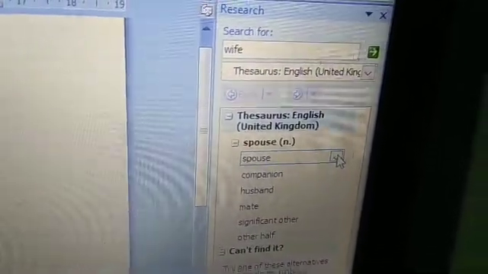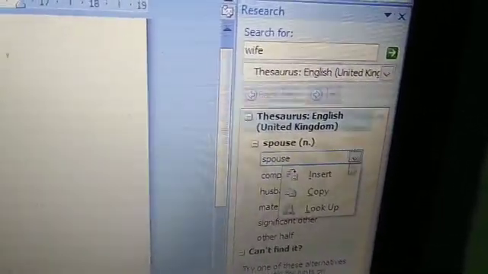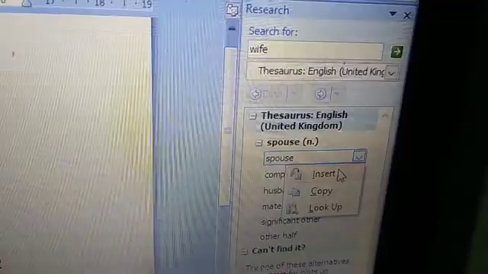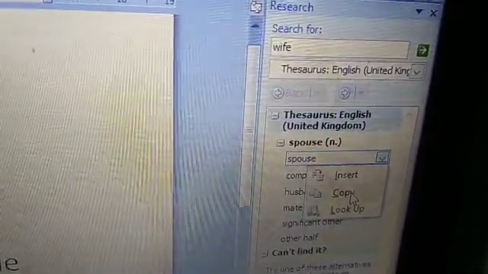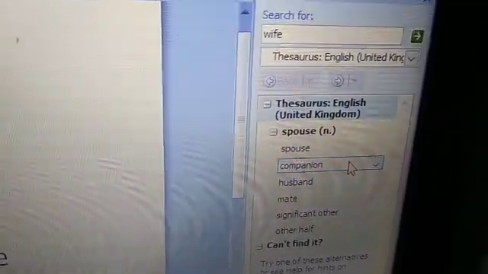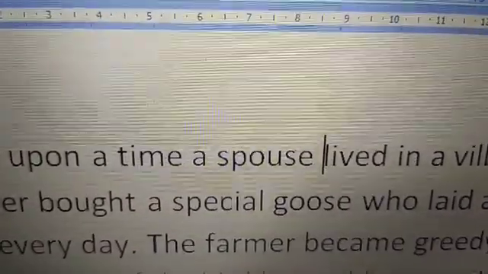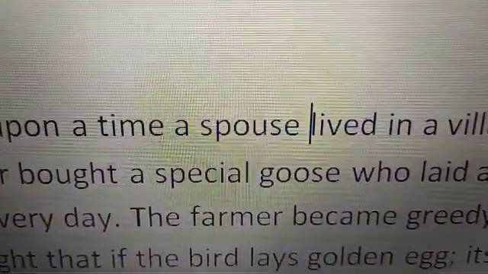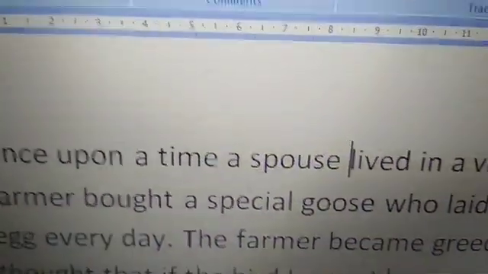Click on this down arrow. It will ask whether you want to insert this word in the document or make a copy. So I'm going to click insert. Now after clicking on insert, you can see the word wife has been changed into spouse.